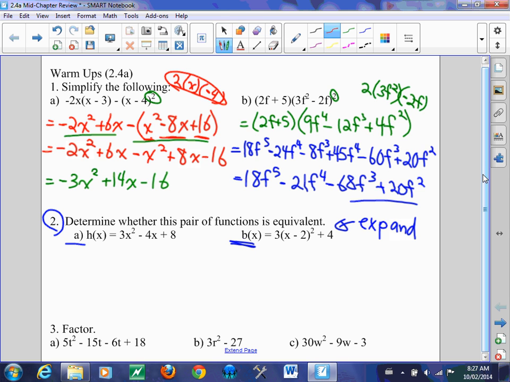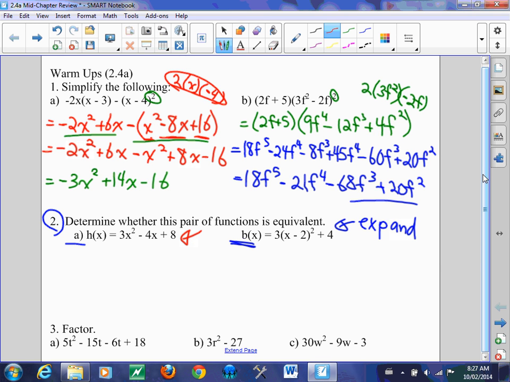Otherwise, you could have done all the opposite. You could have factored this and seen if you ended up with that, or completed the square and seen if you ended up with that. All right? So it's either case, but I always think it's easier to expand than to factor or complete the